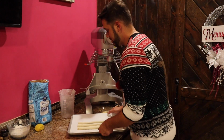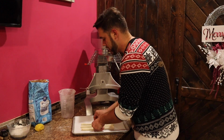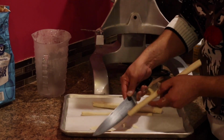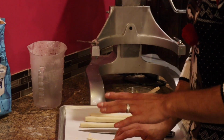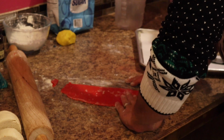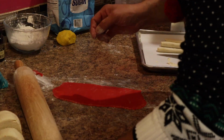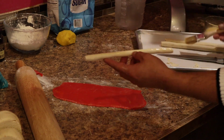Alright, so I've grabbed these logs from the freezer, and they are about 70% frozen, so you got to work pretty quickly. So you want to take each one and just shave a little bit off. Best to do this when they're pretty firm. Alright, once you've shaved a little bit off the side, you're going to take some of that red that was left over from making your base. So you want to make sure that when you're rolling out this red that you get it as thin as you can, because this is what's going to become just that little tiny red layer in between that's going to be his scarf. So you'll take some egg wash and put it on the bottom of the smallest of the logs